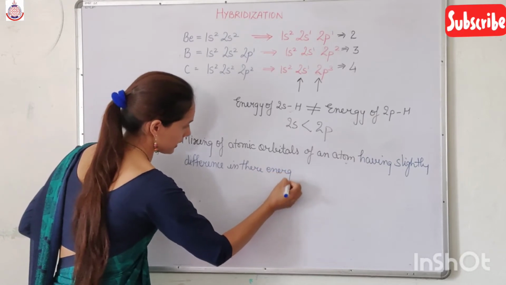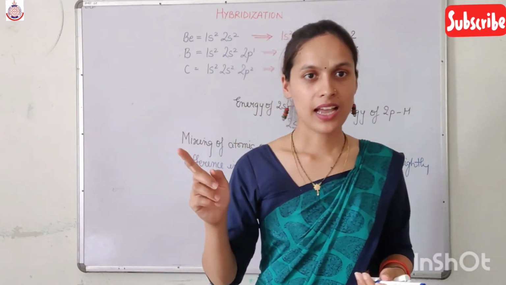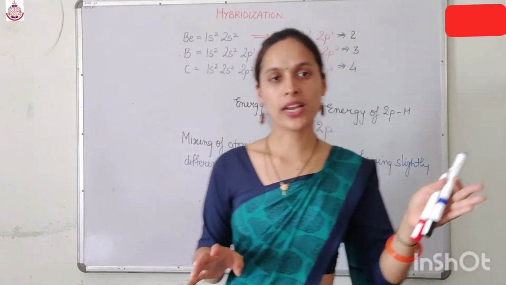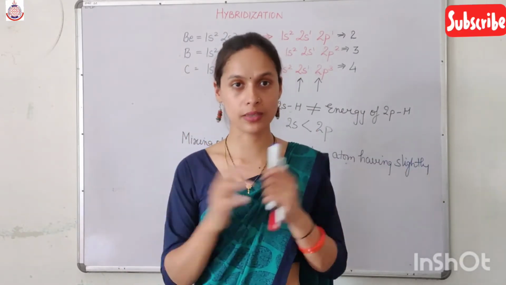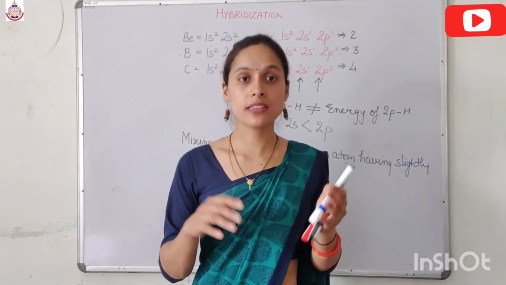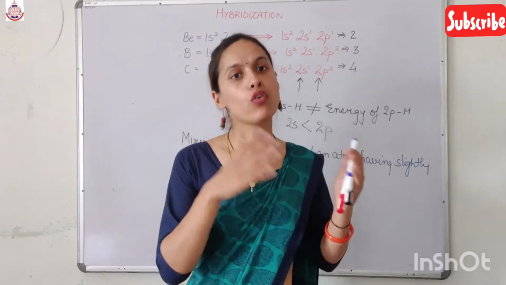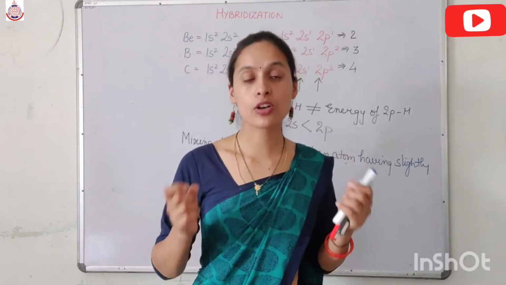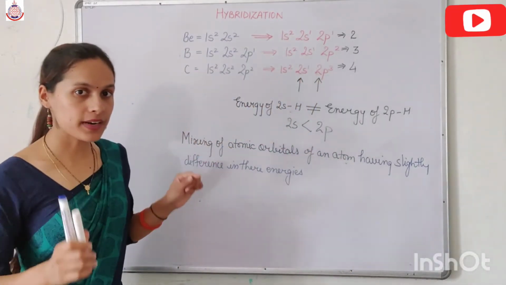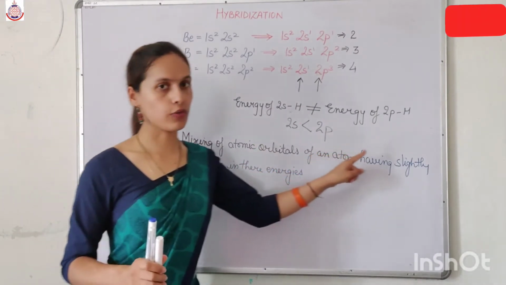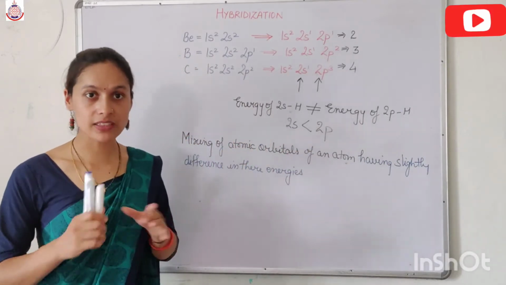What is the meaning of this line? If I want to mix 1s with 3p, I cannot, because there is a very big difference between the energy of 1s and 3p. But if I want to mix 2s with 2p, 3p with 3d, 4p with 4d, 4s with 4p, then I can mix, because these atomic orbitals have very little difference in their energies. So hybridization is the mixing of atomic orbitals of an atom having slightly different energies,